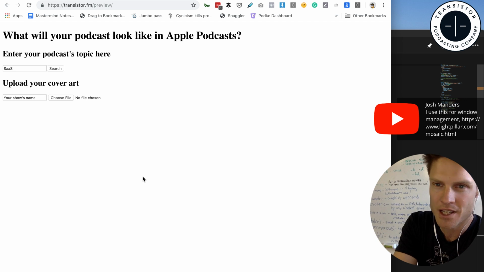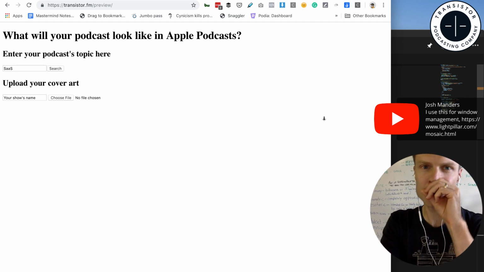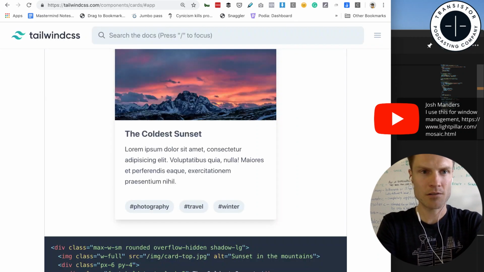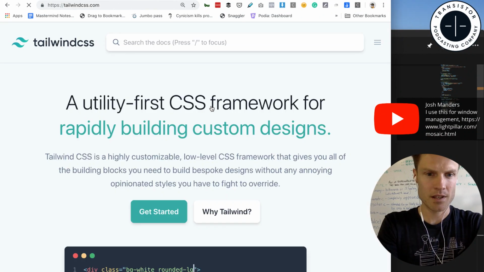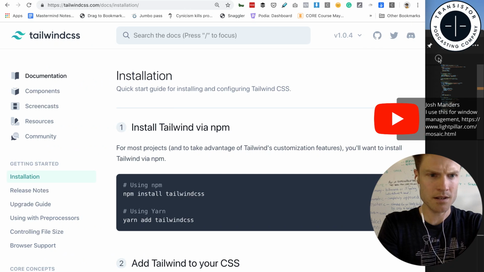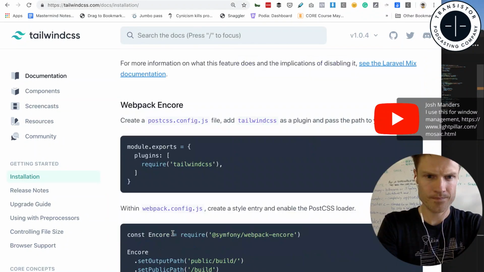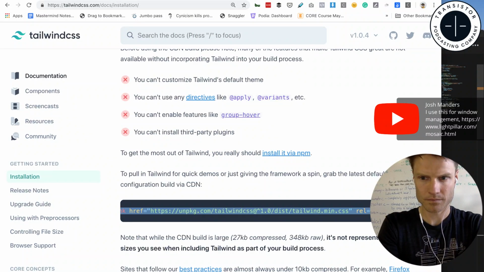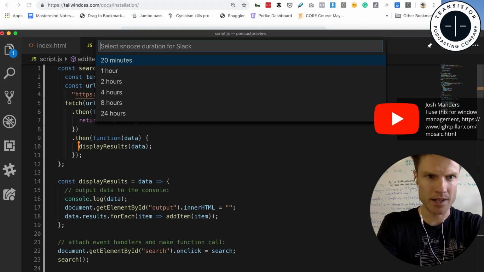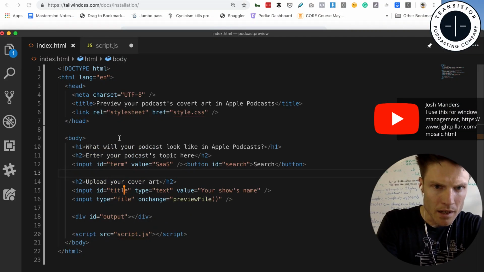I'm going to style this with Tailwind, and actually, maybe I'll do that now. I just want to grab the CDN again. This is probably going to break a few things, but